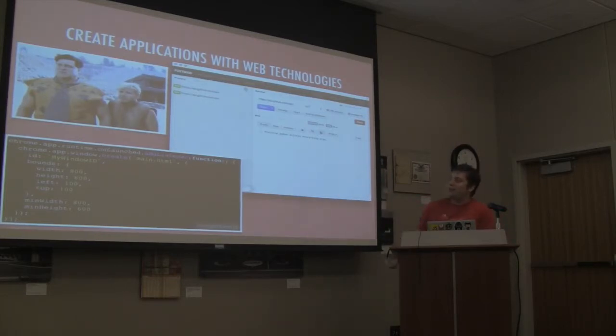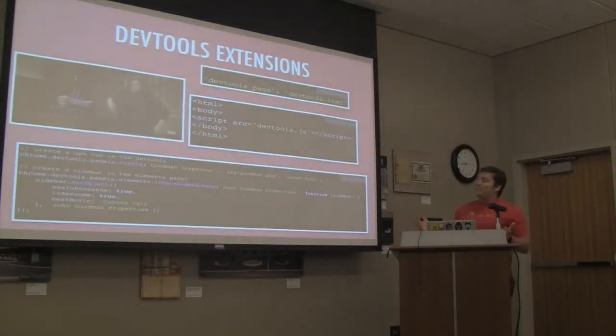And you can easily do that when you can just say on runtime, when you're launched, you want to create a window. I want the window to load in this main.html with all of these bounds and min width and height, etc. So I'm doing that from within the background page, and it can kick off an application like this. You can create DevTools extensions. So we can actually add in our own tabs and even our own sidebars into the DevTools, making it really easy to